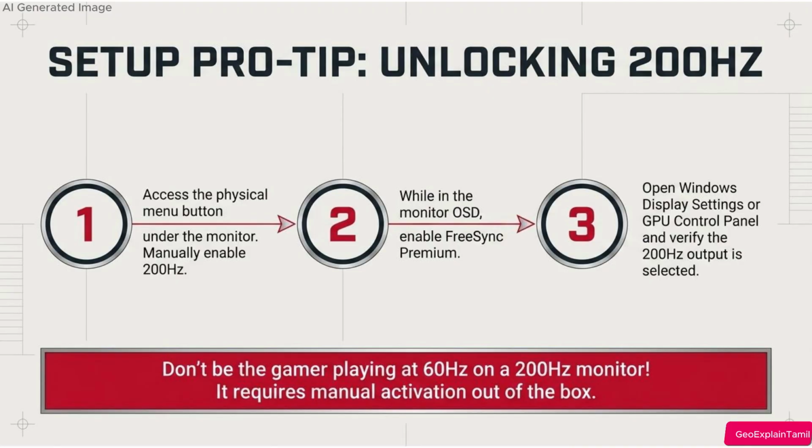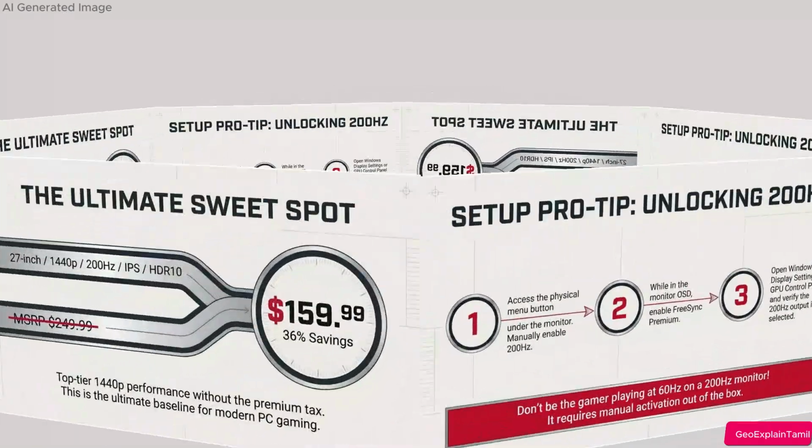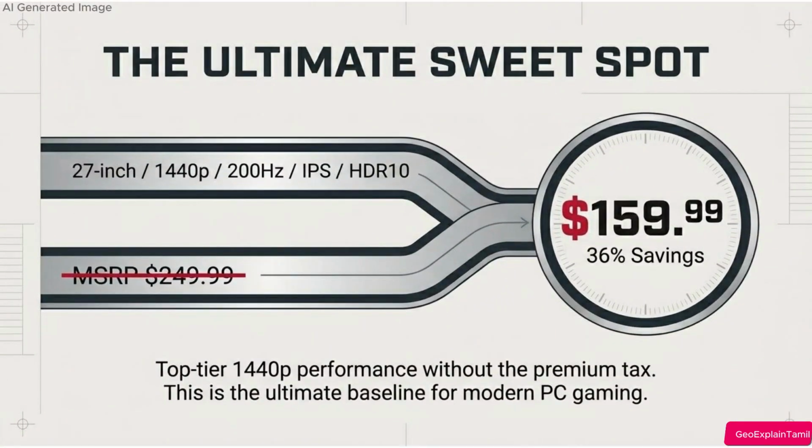Buying the Samsung Odyssey G5 at this $159 price point feels a lot like buying a high-end, finely tuned sports car engine. But the manufacturer dropped that engine into a golf cart chassis. That's a great way to put it. The steering wheel is made of cheap foam, the doors rattle, and you have to hotwire it every time you